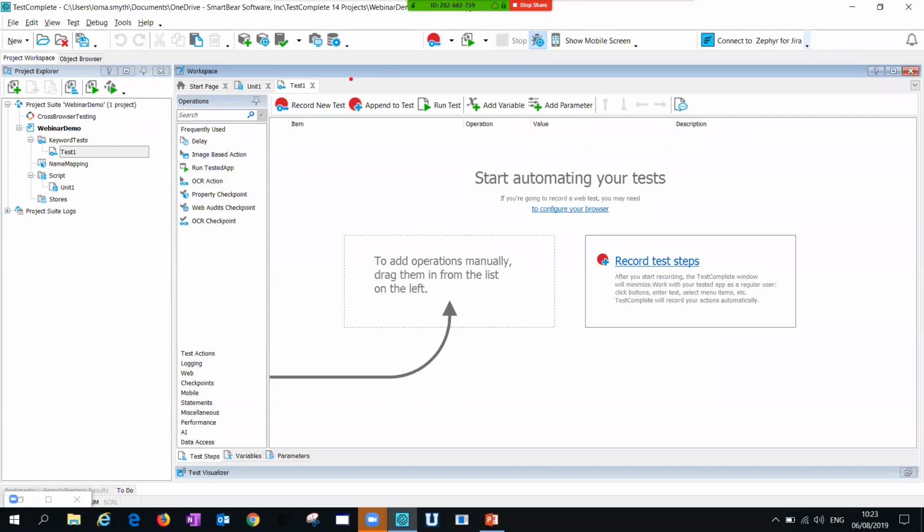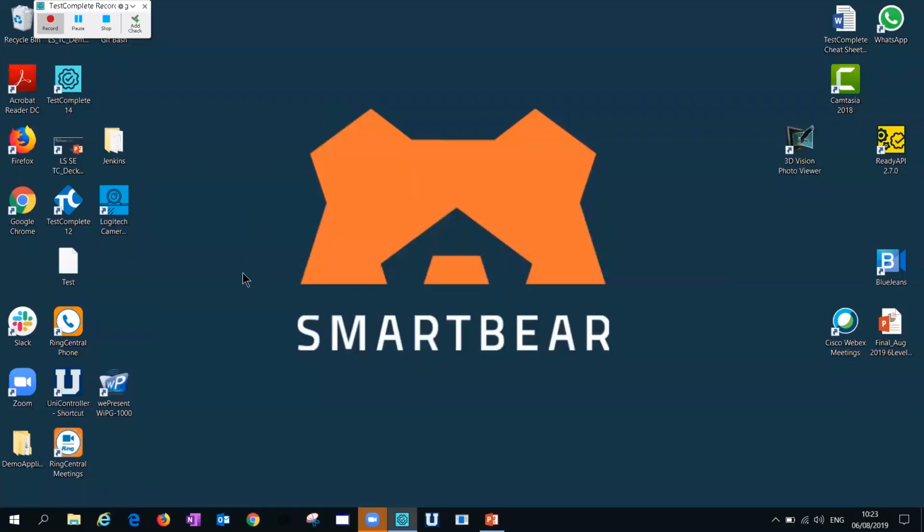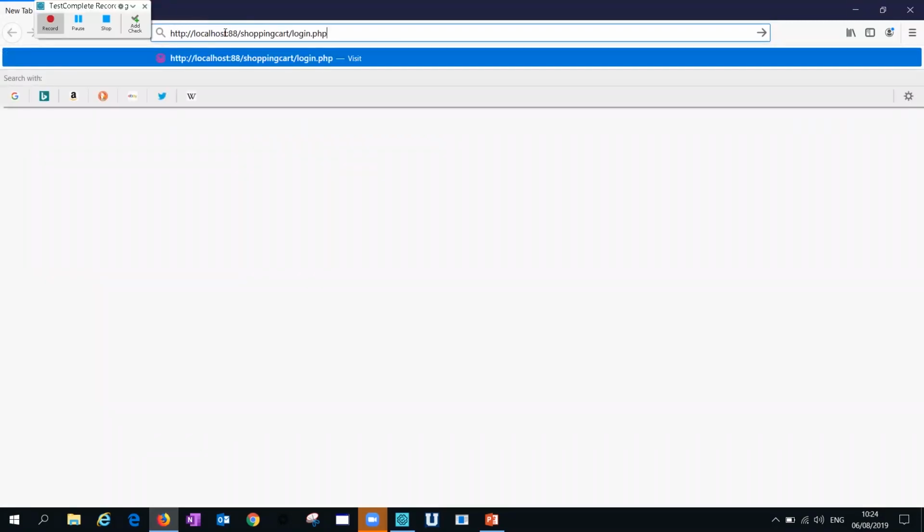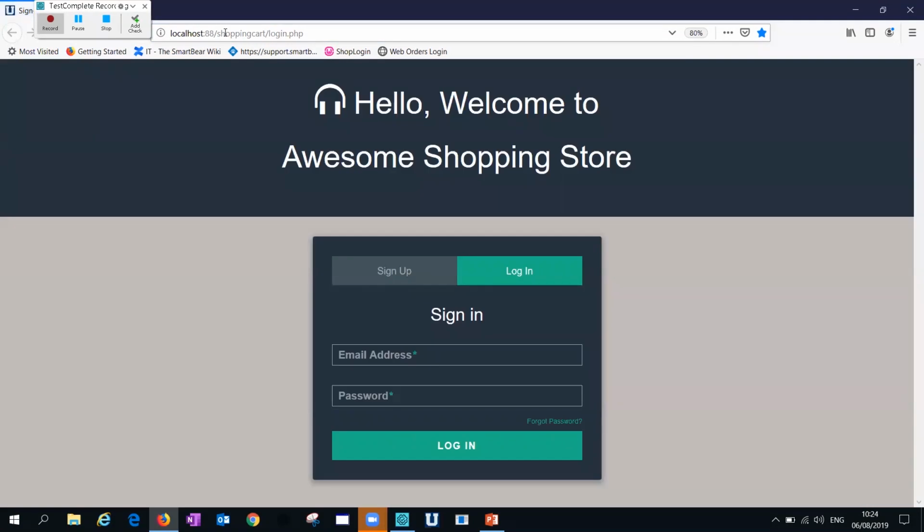And the first thing you usually do is start by recording a new test. So in this example, I'm going to click Record New Test, and this is going to record a keyword test for us, okay? So I'm just going to navigate to my website. Imagine the first step in your test is to launch your browser. You then need to navigate to your website. Now, this is just an example of a web test on a simple shopping store that I have, but maybe this is your desktop application or your mobile application. Either way, the step is just click Record.